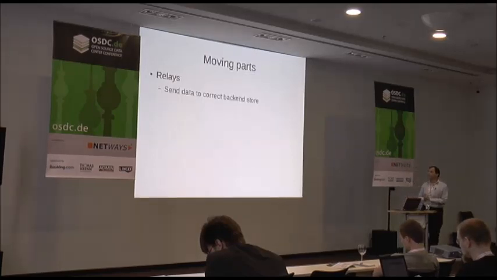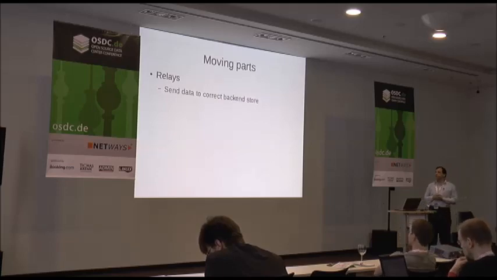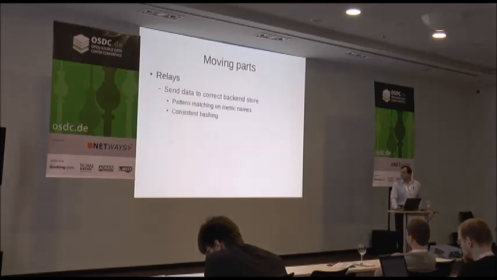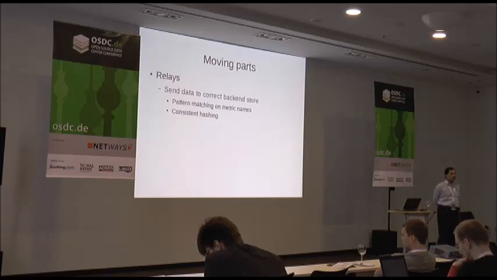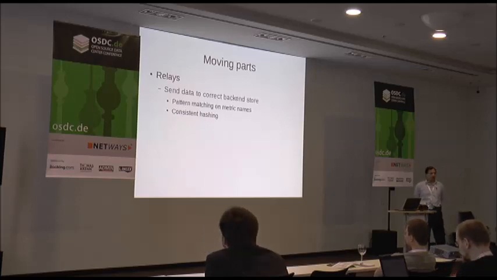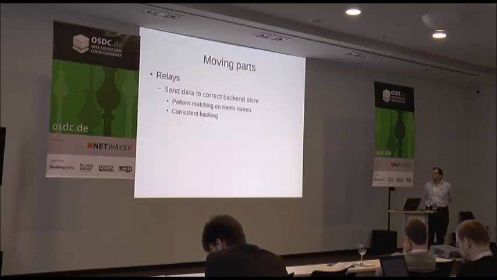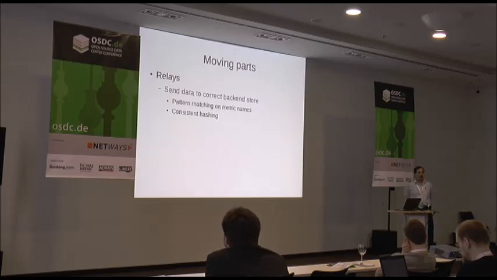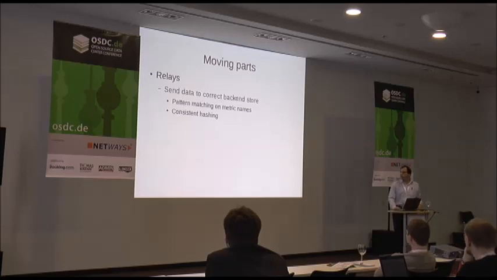Graphite is Unixy. It has lots of moving parts. There are the relays, which basically push data around. You can do this in one of two ways. You can choose to pattern match with a regular expression, or you can use consistent hashing, or both. Pattern matching is something that you may or may not want to do all the time. Consistent hashing, we have found, actually ends up scaling better, but we also do pattern matching for